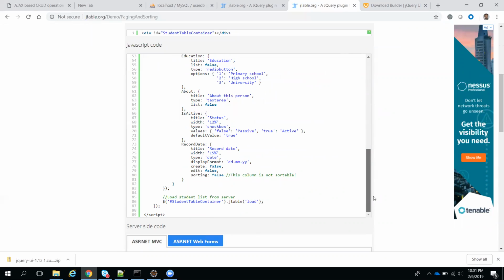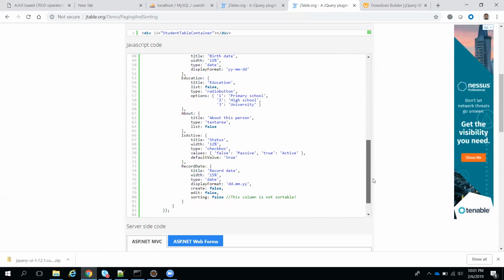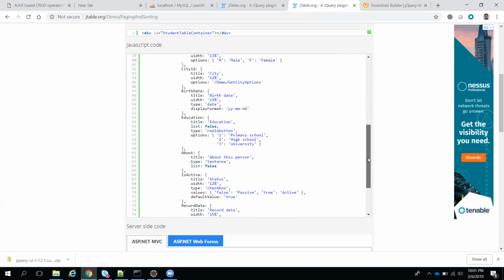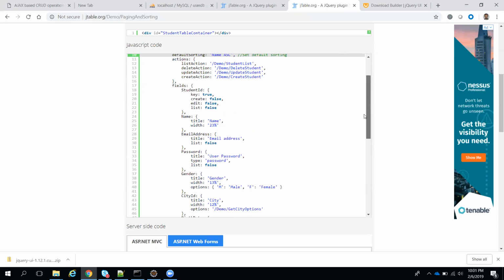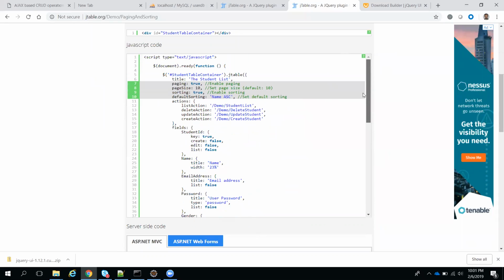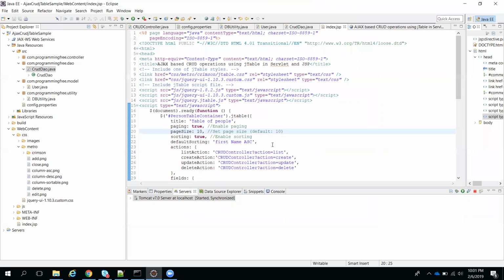For sorting we can mention true or false, that is fine. I remember we should also pass the total number of records. I will set it here.